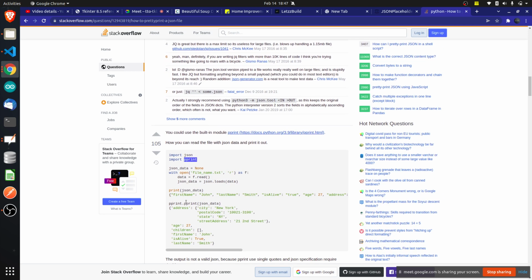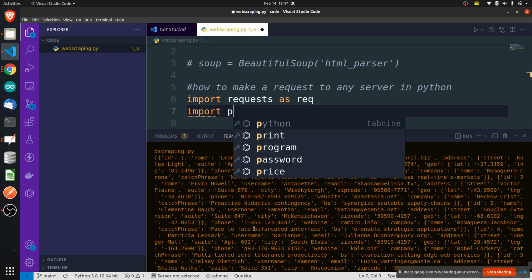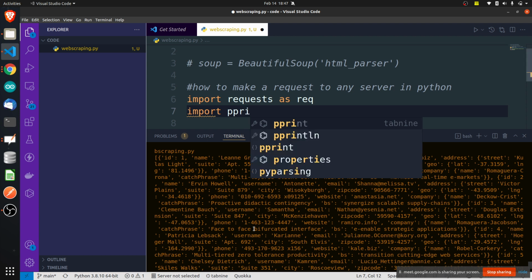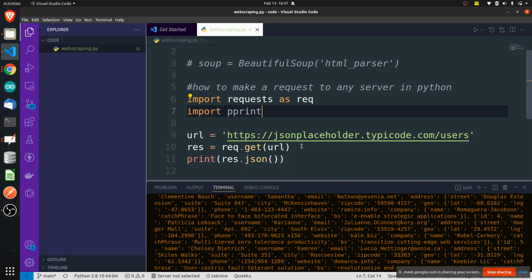If you just type pprint.pprint, you can do it like this also. I want this to look good, so import pprint. This is the Python library which is used to prettify a JSON response.